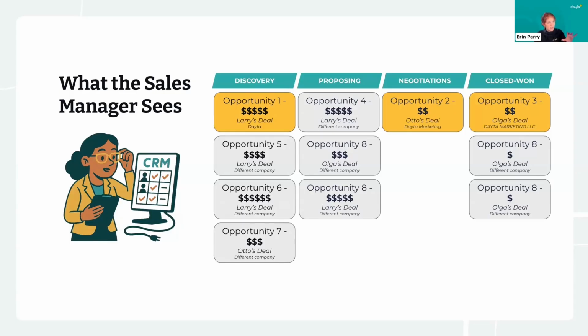And I'll make another side note on something that could be improved in this funnel. You'll notice that these stage names are present tense. One thing we'll generally recommend is using past tense for clarity. Proposing is a bit of a nebulous term, like where does that start and stop? But proposed means we sent a proposal, we presented things.